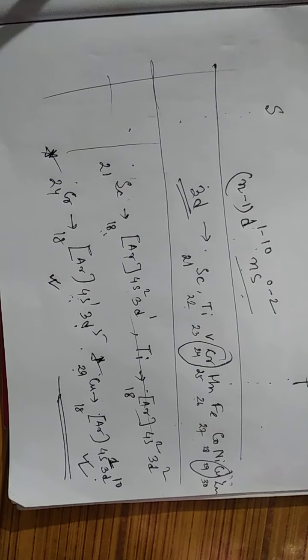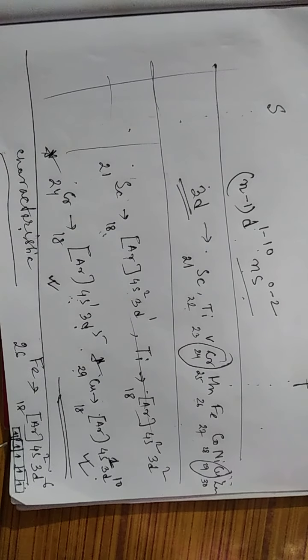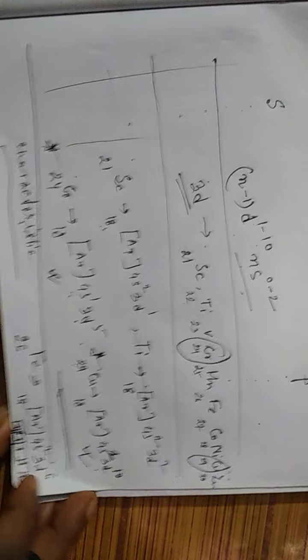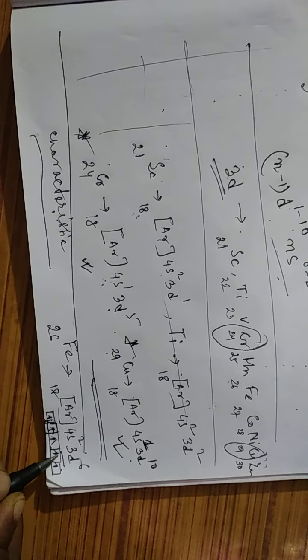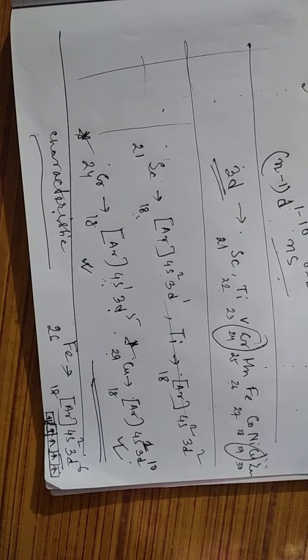Firstly it will be filled up this way, and then one orbital will be filled by the double electron, and the rest will be unpaired electrons. Then how many unpaired electrons? 4 unpaired electrons. So it should have unpaired electrons, or it should be incomplete. Incomplete means unpaired electrons should be present. So if we see unpaired electrons or any empty orbital in the d orbital of the configuration, then we say yes, this is a characteristic of the transition element.